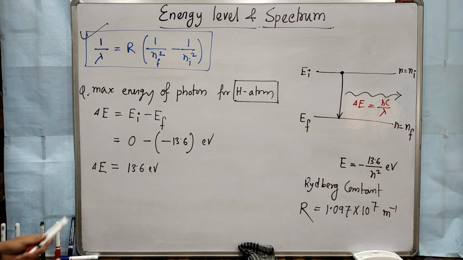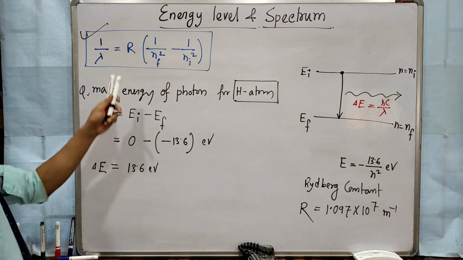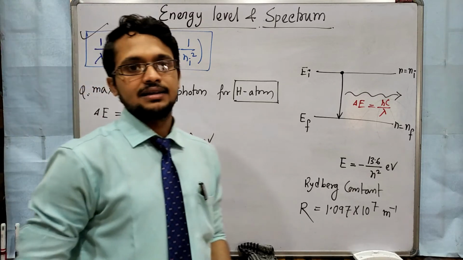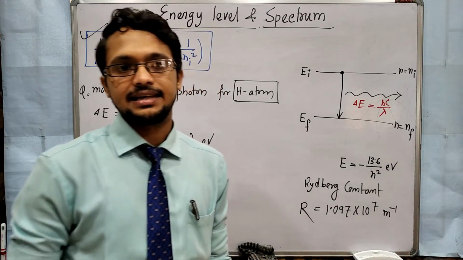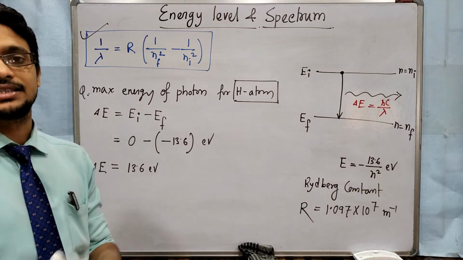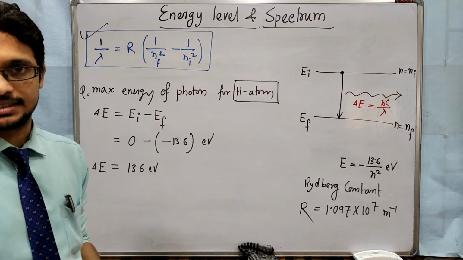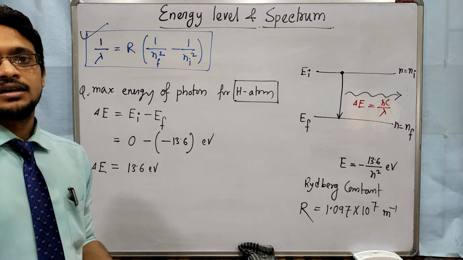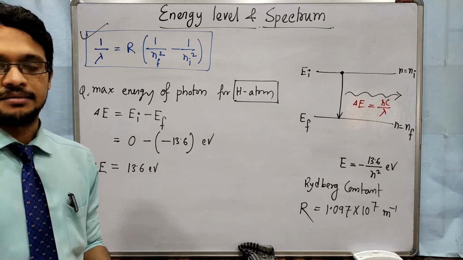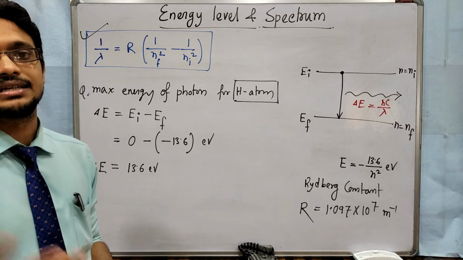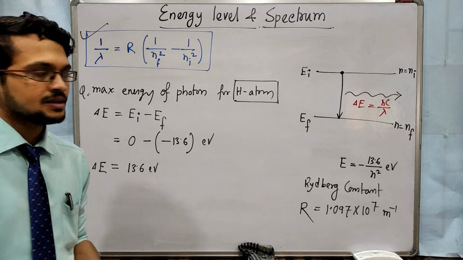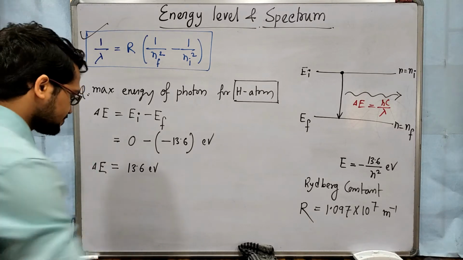Now come to different cases for this wavelength. When the final state is 1, what will be the name of that series? Then final state 2, final state 3. How do we get the wavelength? What will be the maximum and minimum wavelength of that particular series? How will you calculate it? And which kind of radiation you get from that particular Nf, whether it is ultraviolet, visible or infrared. Mainly these 3 kinds of radiation we get. We will see one by one.